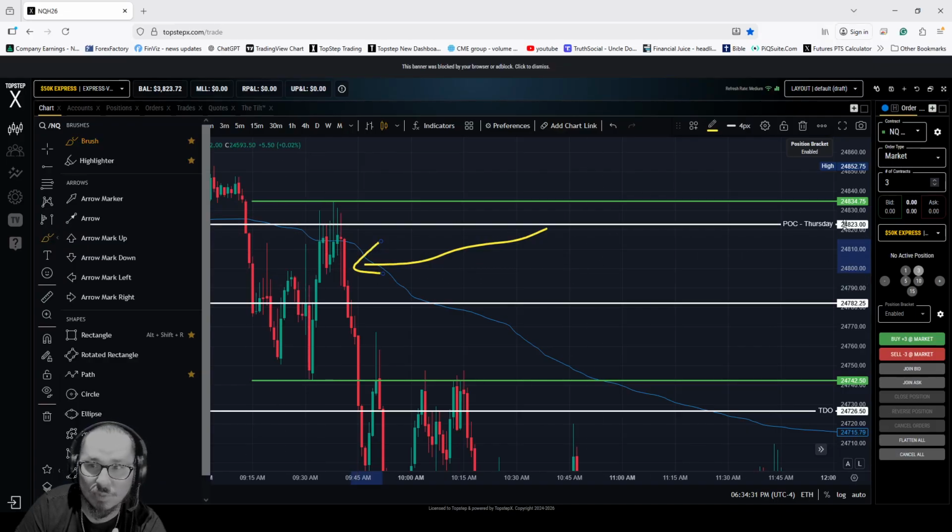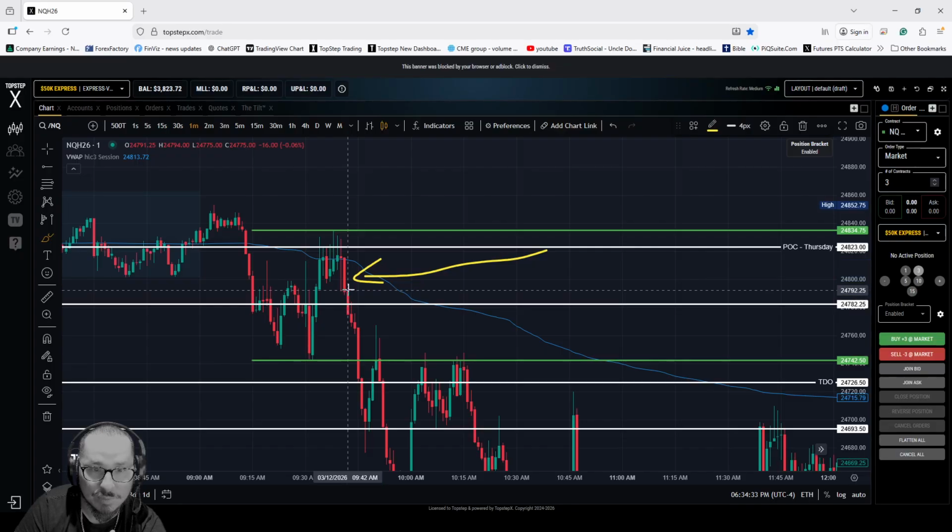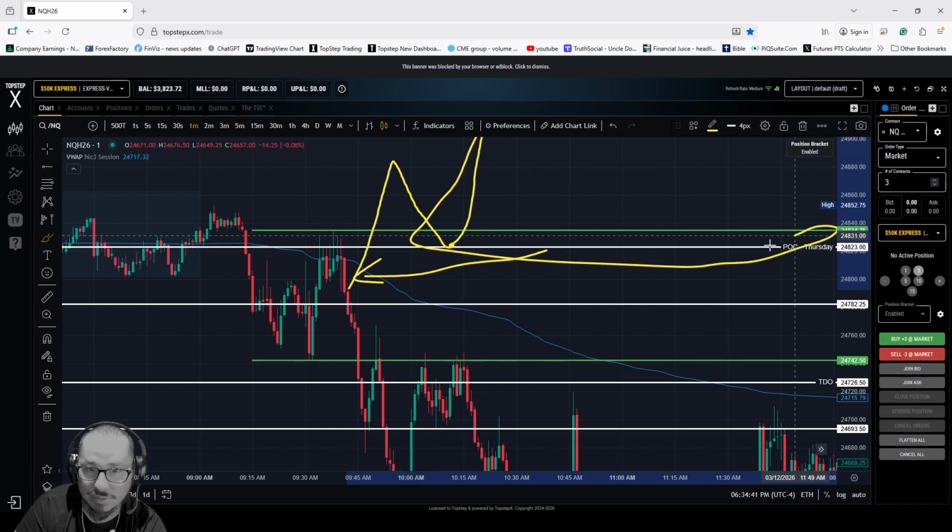The break and retest would have been one of these right here. It would have come out, retested the zone of point of control, and then it would have allowed this to go up. Why? Because this,